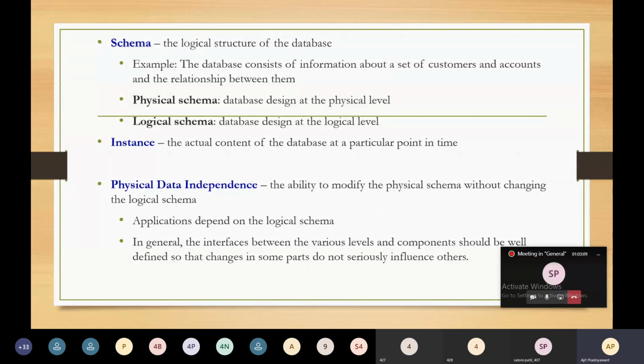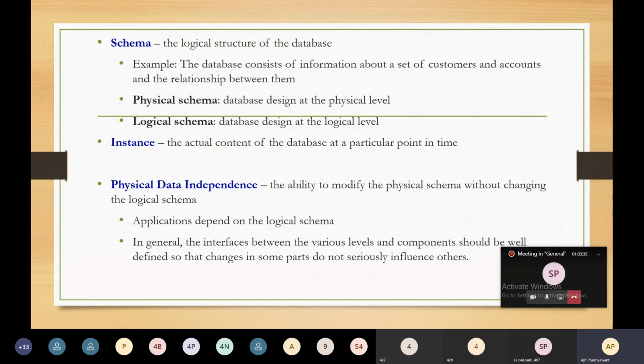Again, I am repeating, it is the ability to modify the physical schema without changing the logical schema. Applications depend on the logical schema, and in general, the interface between the various layers and components should be well defined so that changes in some part do not seriously influence others.